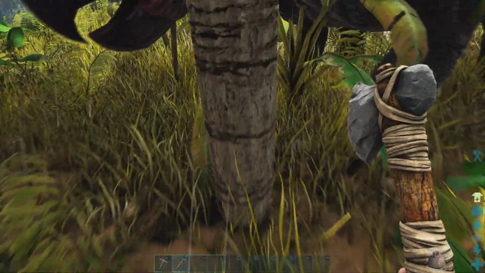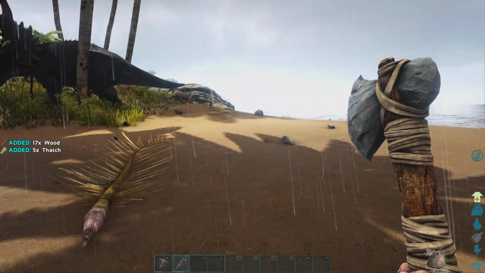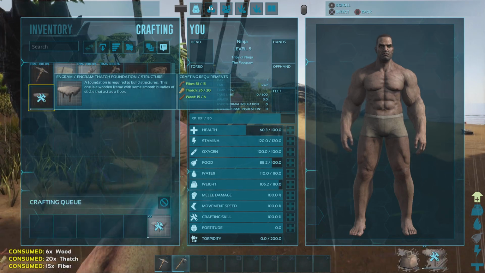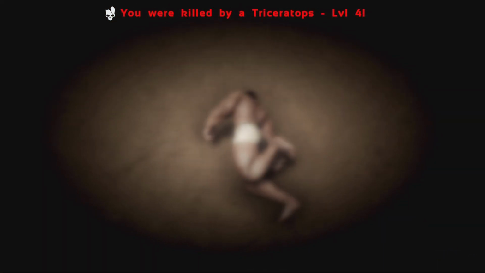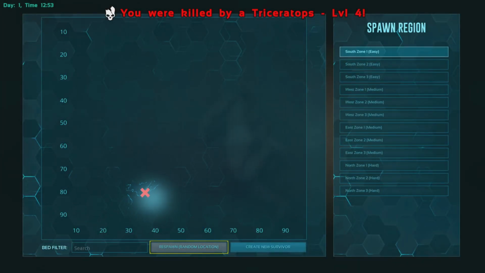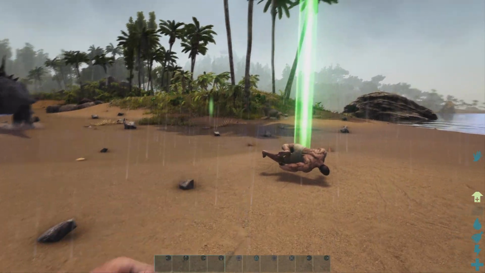What I might do is... Oh, see, I didn't even mean to hit him and he got me. And now I'm over encumbered and I can't run away. So he's going to have to... Yeah, kill me. Level 41. Spawn around the location. It should put you more or less still on that bit. Yeah, look, right next to the body. But like I was saying, I'll try and